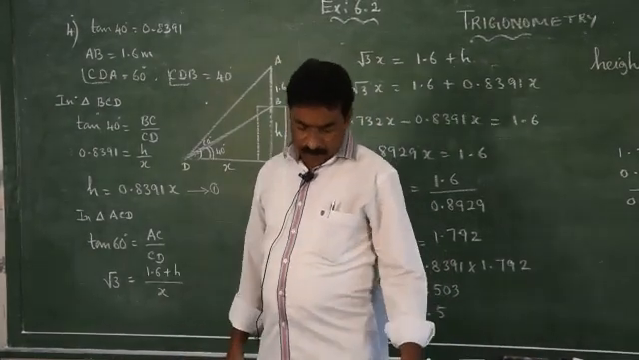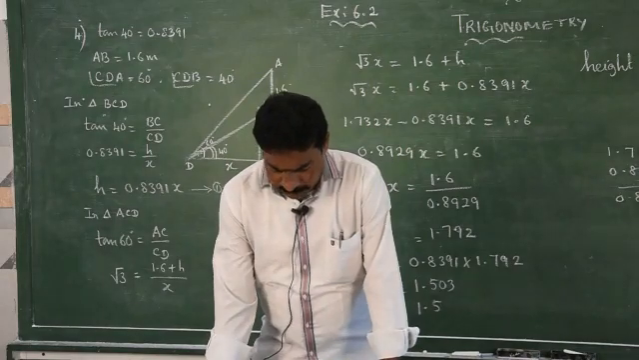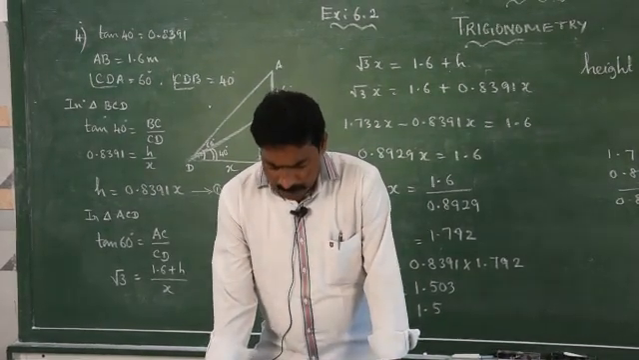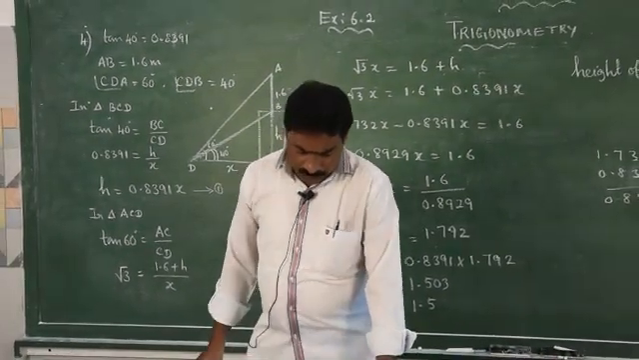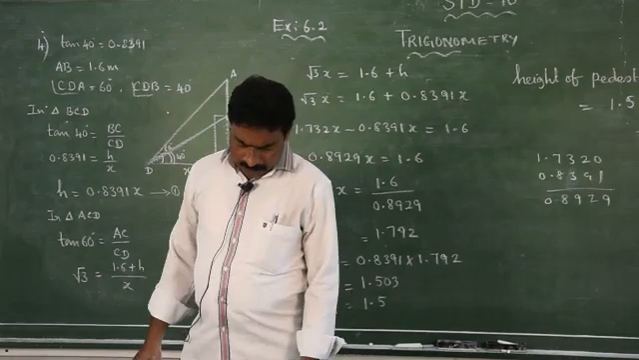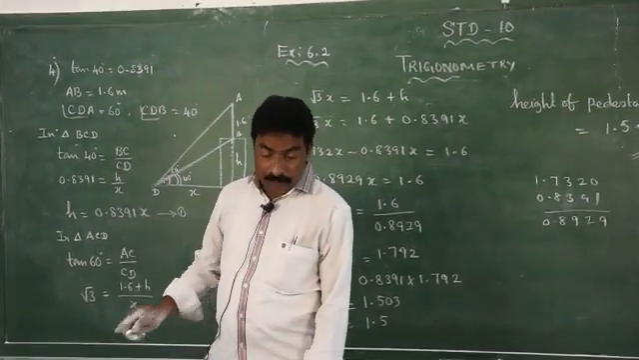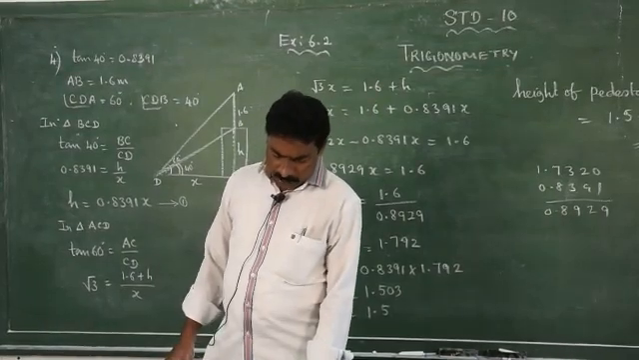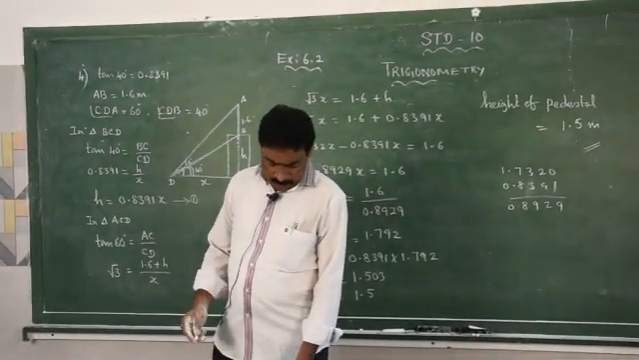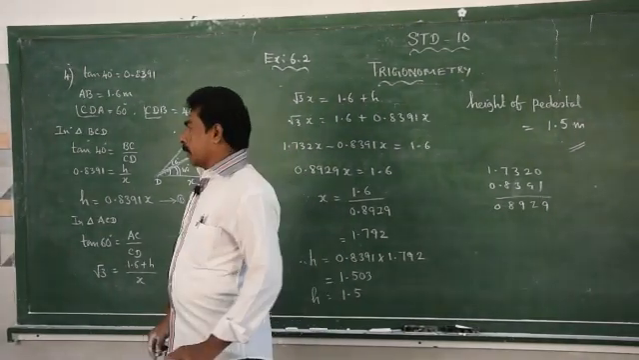Now, the fourth sum. A statue 1.6 meter tall stands on the top of a pedestal. From a point on the ground, the angle of elevation of the top of the statue is 60 degrees, and from the same point, the angle of elevation of the top of the pedestal is 40 degrees. You have to find the height of the pedestal. Given tan 40 value is 0.8391. So if you look at the diagram,